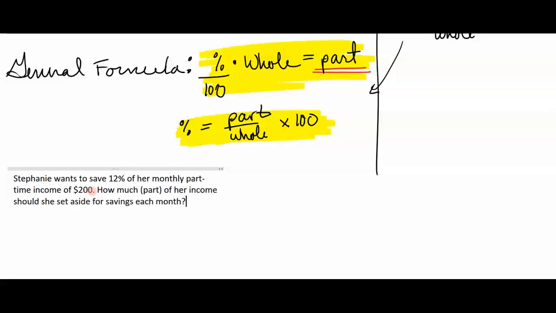All right. So looking at the question, first thing to identify is, are we trying to find a percent or are we trying to find a part? Since we're being asked for an amount, that tells us we're trying to find a part. We're going to use the part formula. So let's say my part,